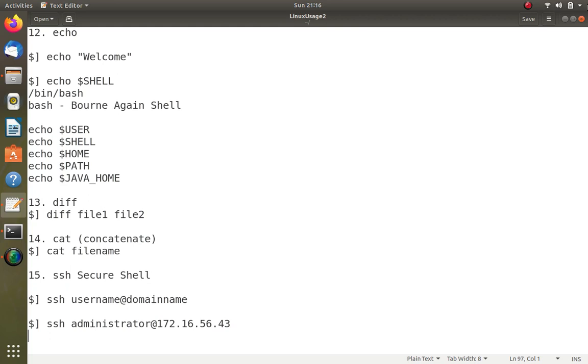Having said all these commands, we have done two different Linux usage parts, part 1 and part 2, covering almost 30 commands. Please remember these commands. They will be very helpful for you as you progress to the next stage in understanding networking and Internet of Things.